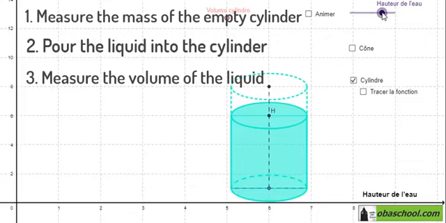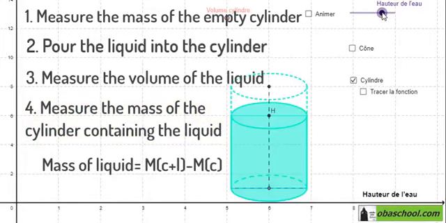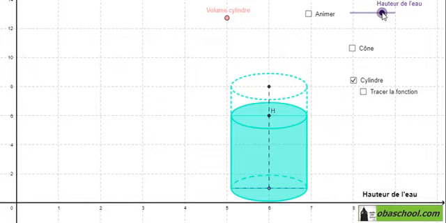Use as much liquid as possible to reduce the percentage error in your measurements. And then measure the mass of the cylinder and liquid to enable the mass of the liquid to be calculated. So first of all, we have calculated the mass of the empty cylinder, and then we calculated the mass of the liquid with the cylinder. Then we subtract the quantities in order to find the mass of the liquid, and hence we can find the